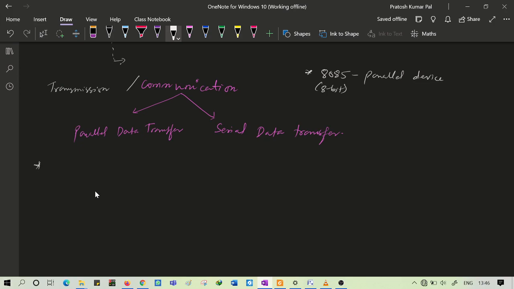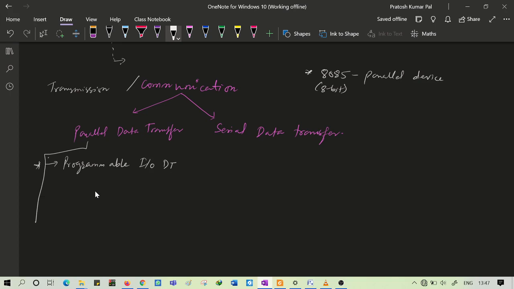In case of parallel data transfer, it is of different types. One of the types of this parallel data transfer is called programmable input output data transfer.